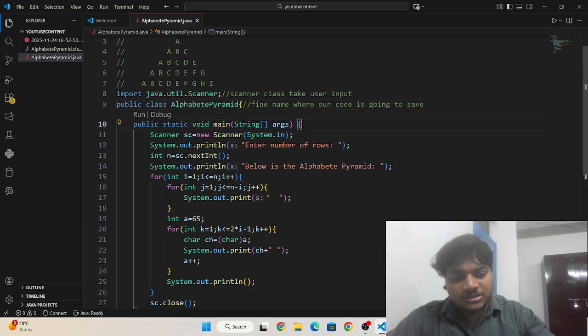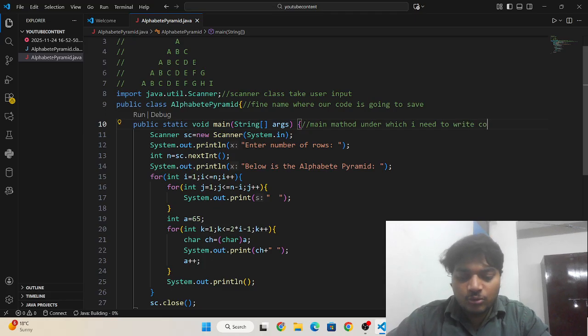And this is the main method, under which I need to write code to execute.